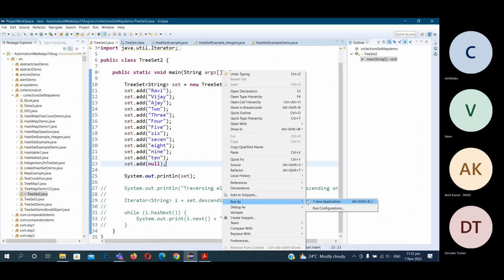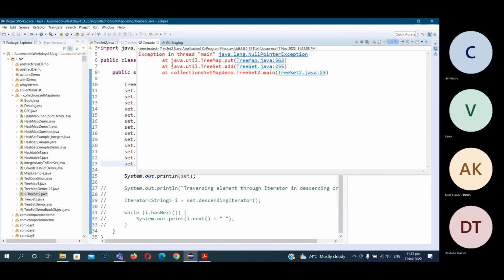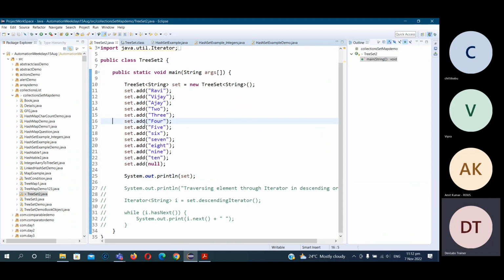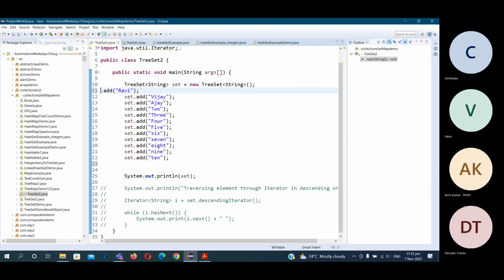Run as Java application. You can see here, it is saying null pointer exception. So at the time of addition, it is not having any issue. At the time of compilation, there is no issue. But at the time of the real addition, it is having an issue. If I put it at the first position, nothing will be